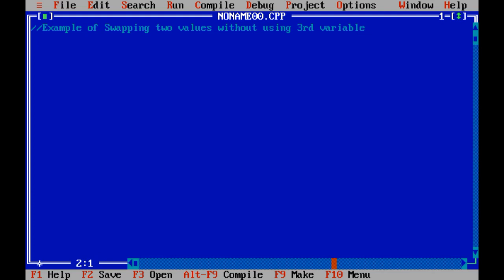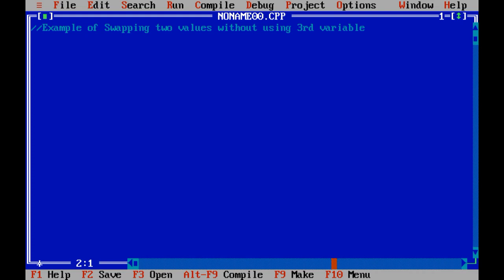So here you don't need to use a third variable, that is variable C. Instead of that, you need to apply a kind of formula with the plus or minus operators, through which you can use two variables and change the values of these two variables.